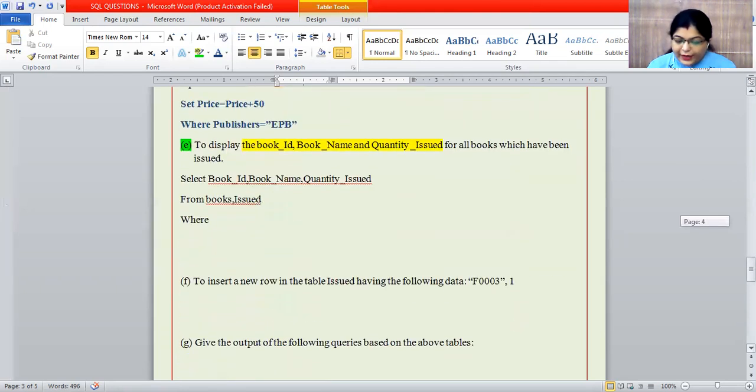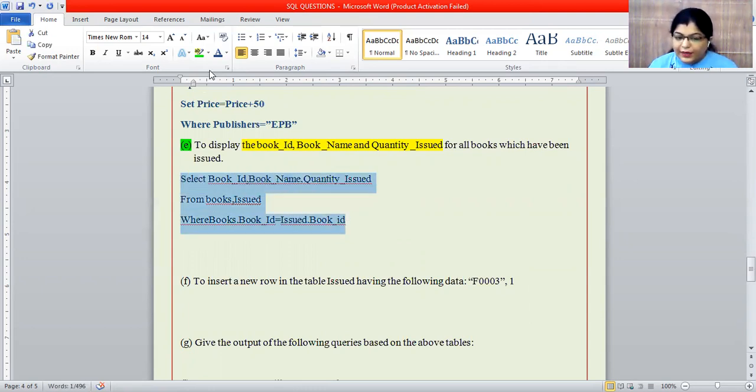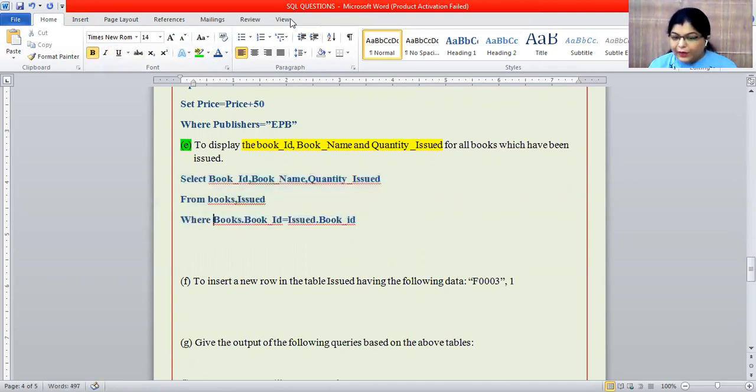So we have to join according to this condition: where books.book_ID is equal to issued.book_ID, means where they are equal. On this criteria, you are joining the two tables. Okay, we'll do it now here.